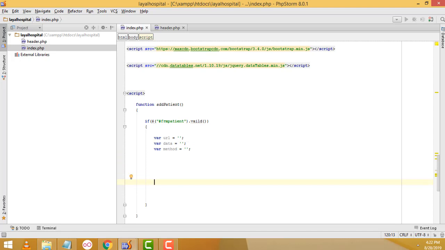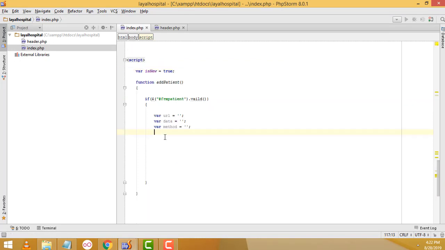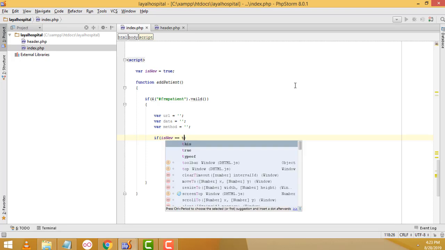Now here you have to write var isNew equal, the first one should be true. Here we have to write if isNew equal true,